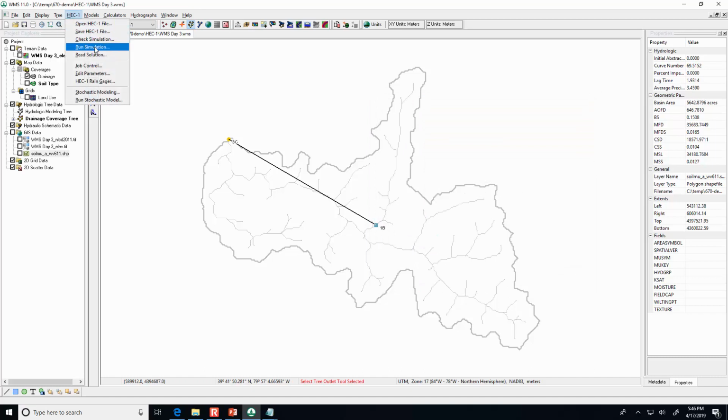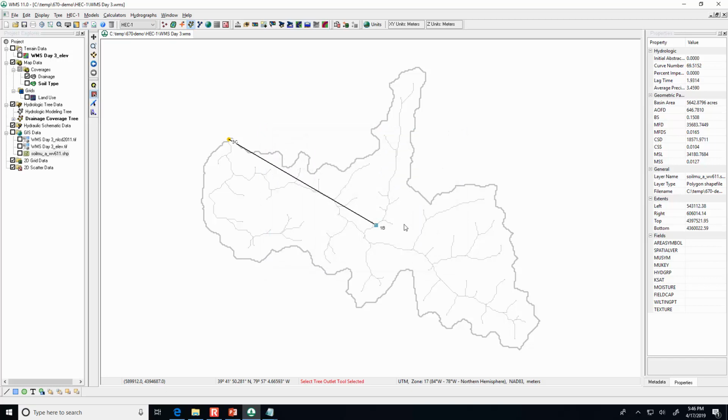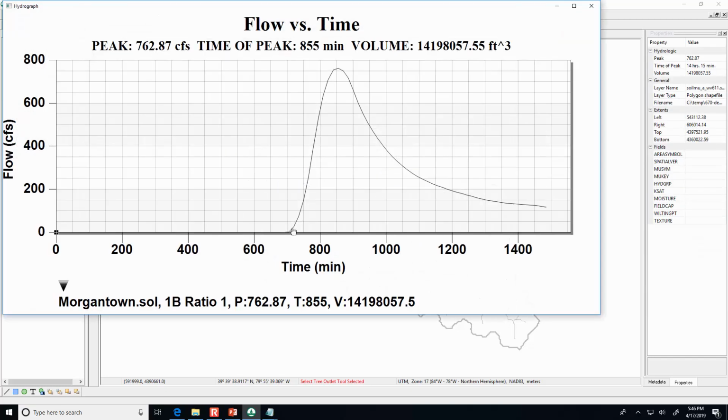HEC-1, run simulation. It'll tell you what the watershed looks like if the curve number is lower. Remember, when it was 69.5, my peak was over 1,000. And now it's telling me with the curve number going down to 65, the peak is only 763.